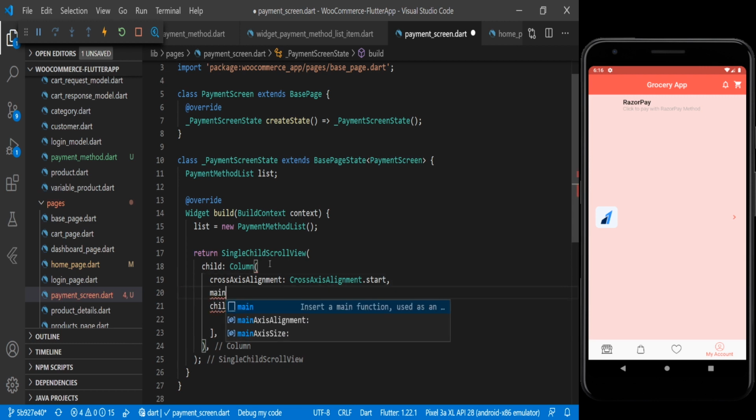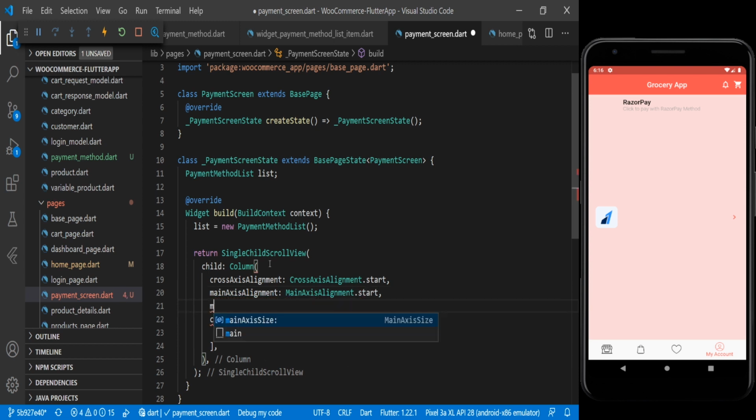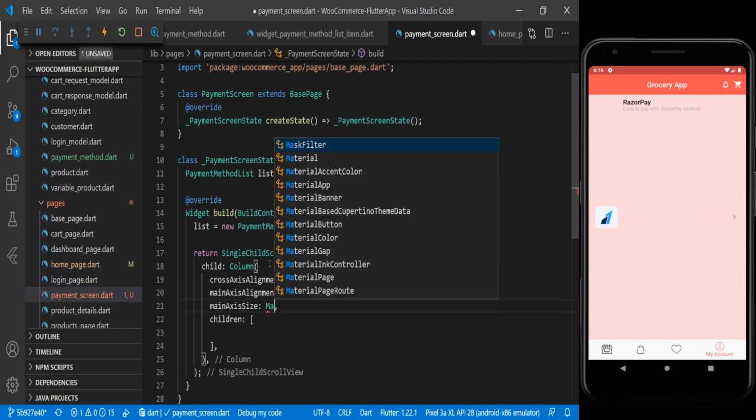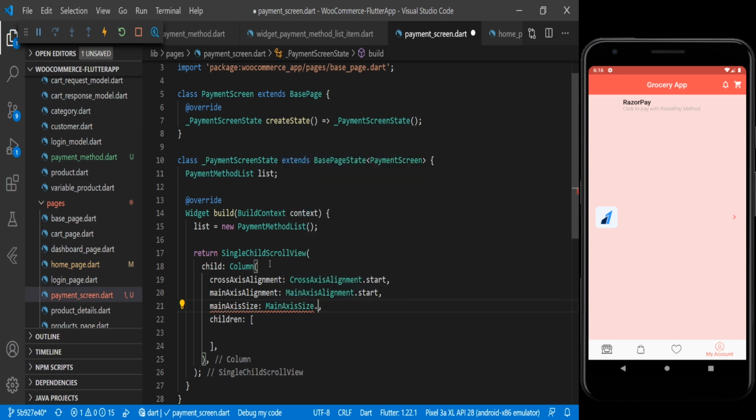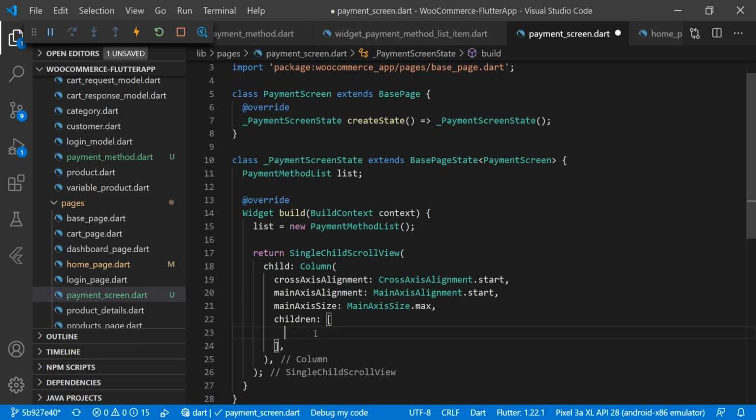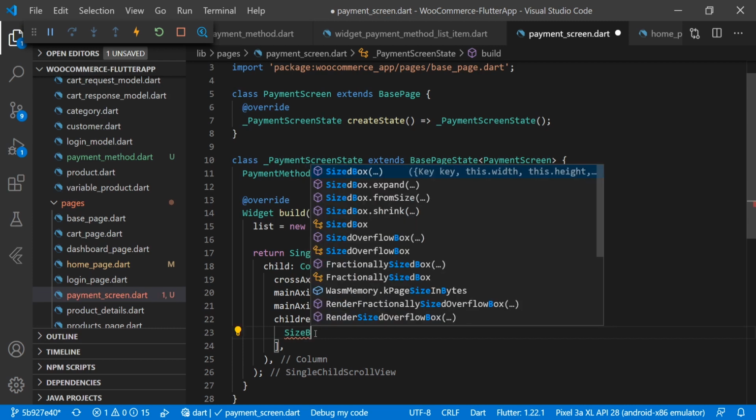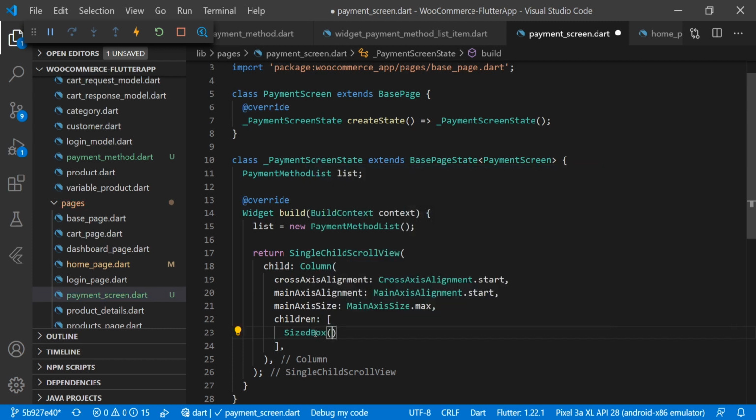Then for the mainAxisAlignment we are using MainAxisAlignment.start. Then for the mainAxisSize we are using MainAxisSize.max, and inside the children we will define SizedBox, and we have the height, and we are putting 15.